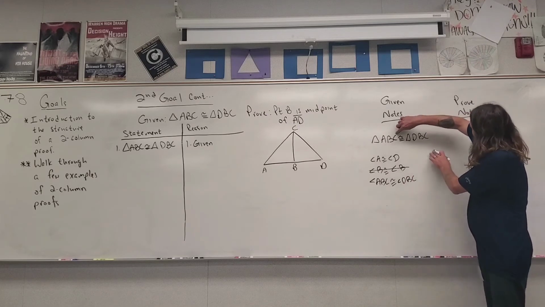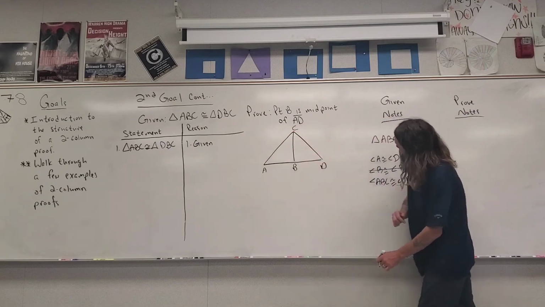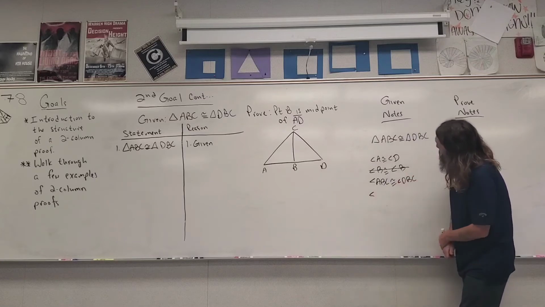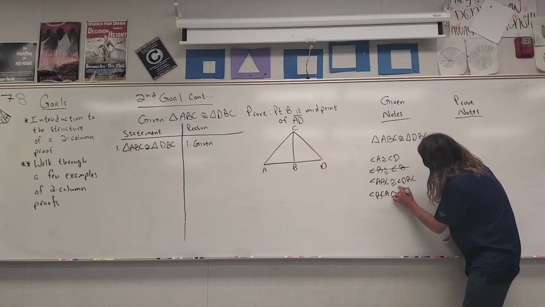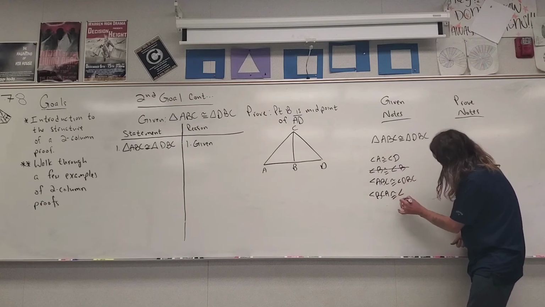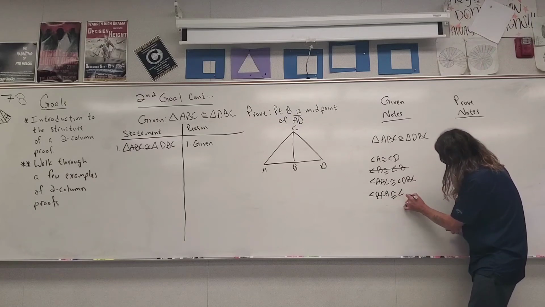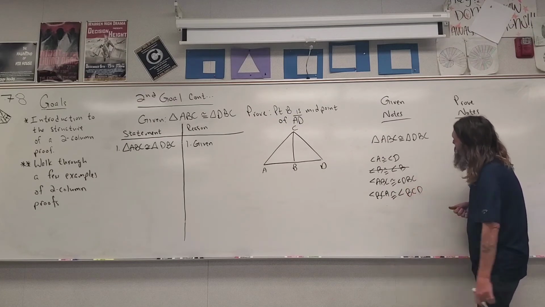And I can't just say angle C because it's not very specific, just like it wasn't for angle B. So I'd have to say angle BCA is congruent to angle BCD. Let me learn my letters here. So those are the